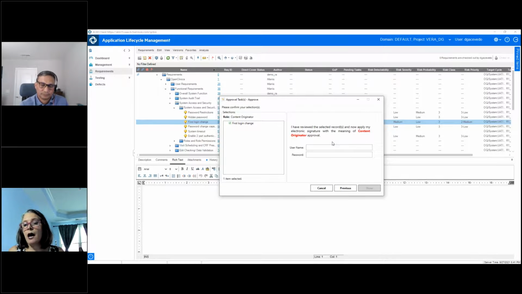message that you are now going to be applying your electronic signature and who you are, and that's the meaning of the signature. So in this instance, I was the content originator. If I was in there as quality, it would say quality, etc. Once I enter my username and password, spell it correctly, and click done,